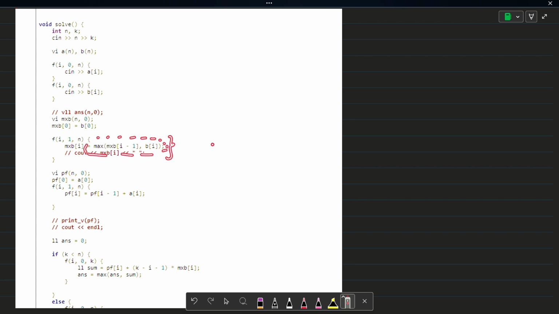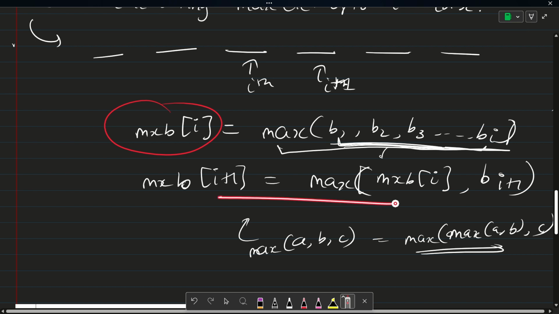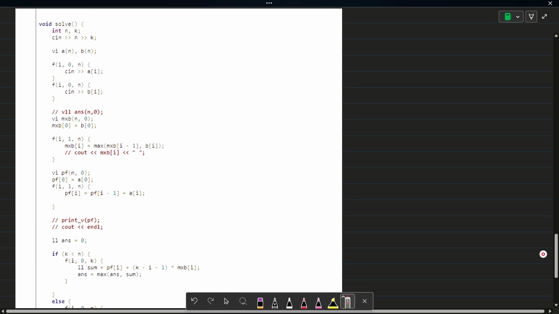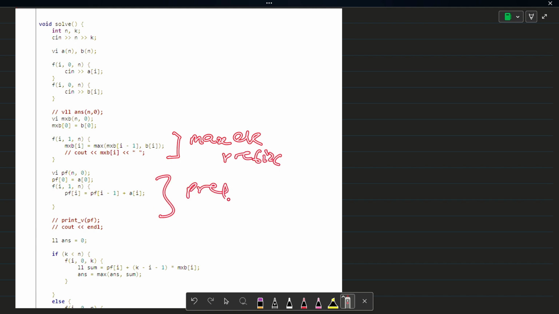I'll just show you this thing. This is same as this. And now we are calculating the prefix sum in a similar way, the same old approach. Now what we have from here is the maximum element prefix and the prefix sum of a,